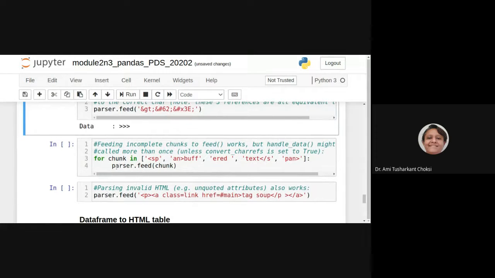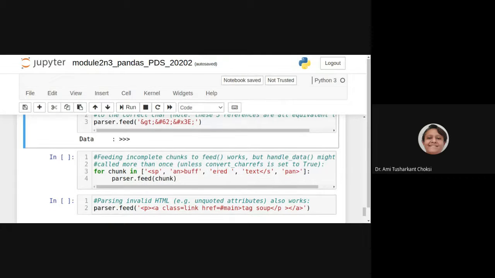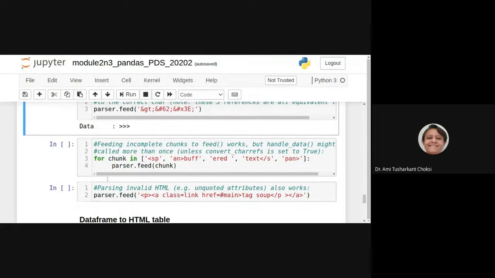Now, if we are having the HTML given, and we want to find the chunks, or you can say the parts of it, we can say for chunk in this list, and we are passing chunk by chunk, one by one, and we want to get what is the type.